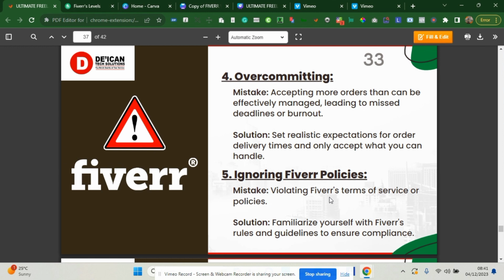All right, so a solution to this is to familiarize yourself first with Fiverr's rules and guidance to ensure you comply properly with Fiverr's terms and conditions. Familiarize yourself with their rules so that you will not have any issues with them. I'm telling you now, please always read the Fiverr terms and conditions before you get started listing your services